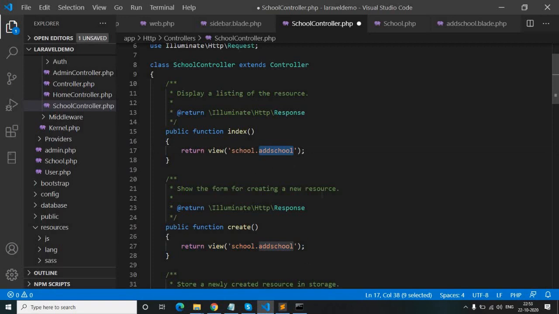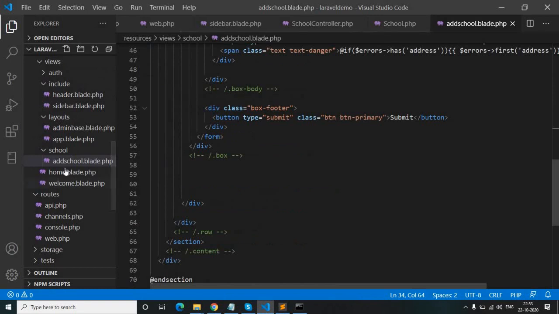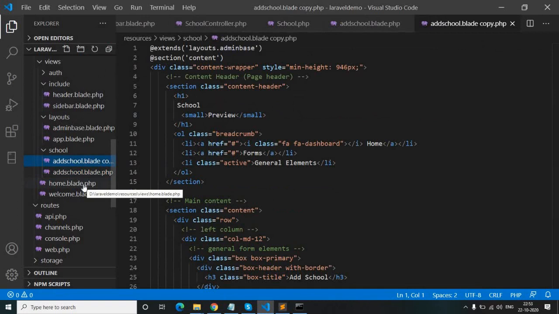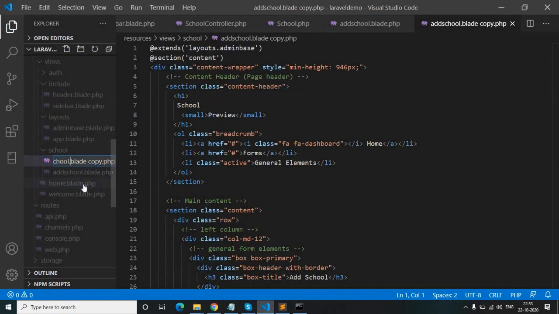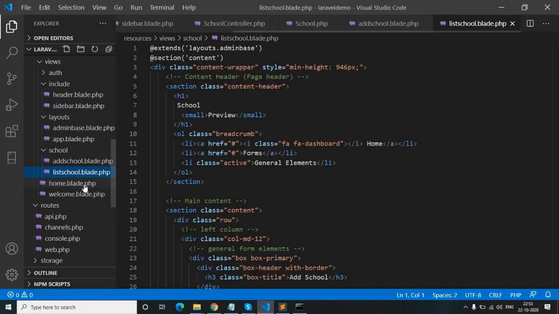Here we will create a blade file, list school. Now we will create this list school blade file. So here we will just copy, press F2 and rename this to list school dot blade file.